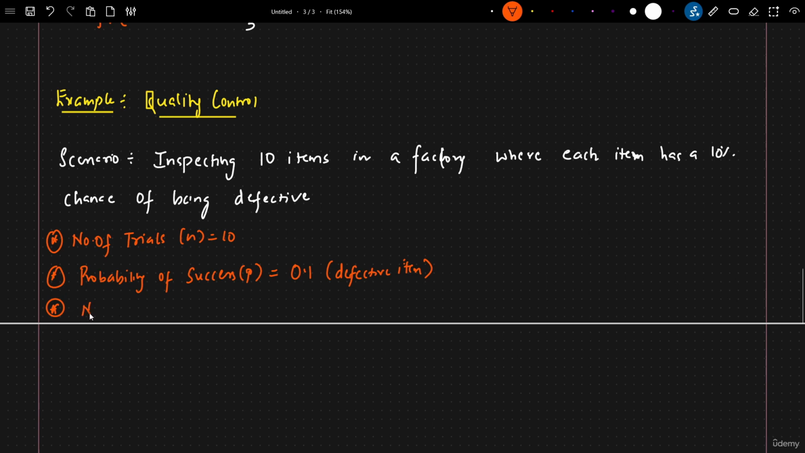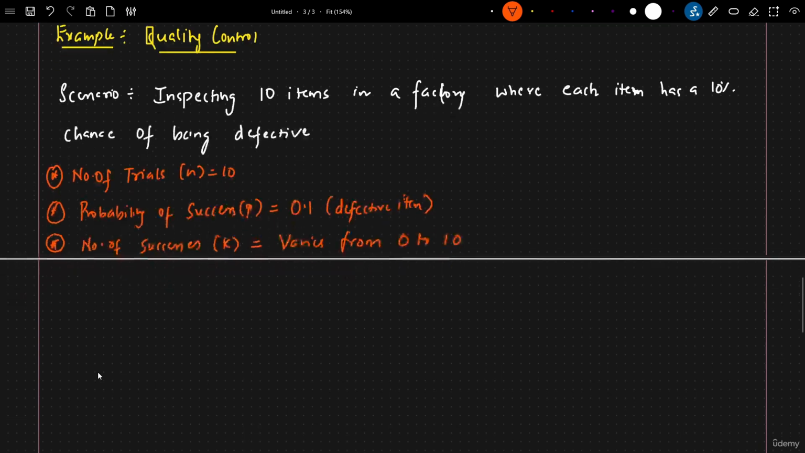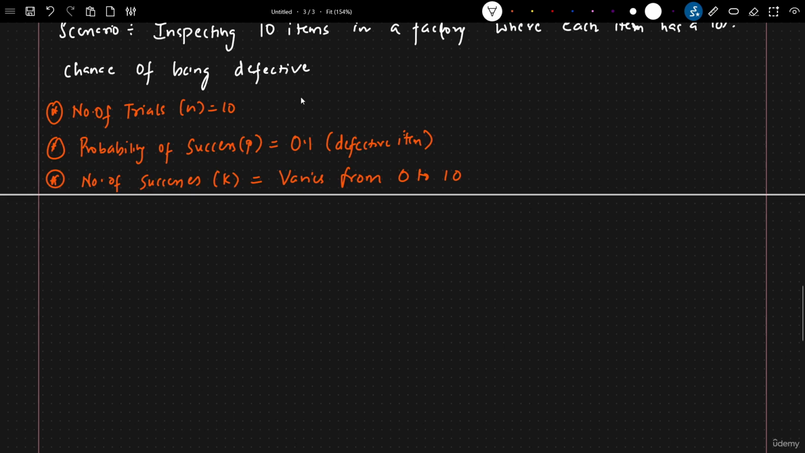Okay. Then number of successes. Here my k value will vary from 0 to 10, right? Because out of those 10 items, all 10 can be defective. Each item has a 10% chance of being defective, so the probability of success is 10%, but the number of successes, defective items, may come from all the items. Okay. Now my question will be,